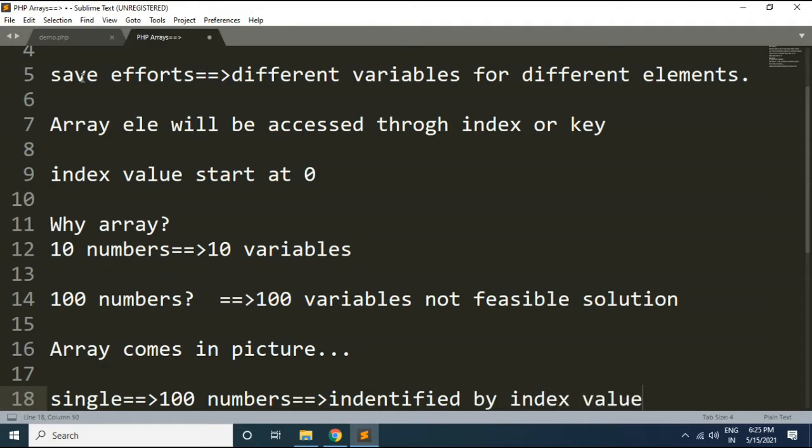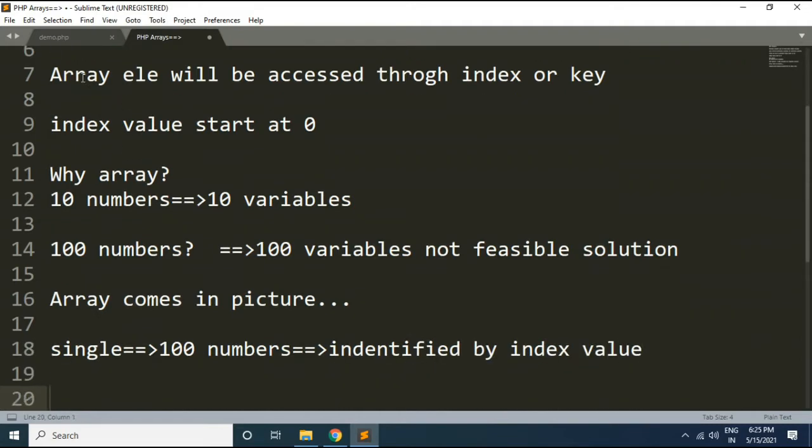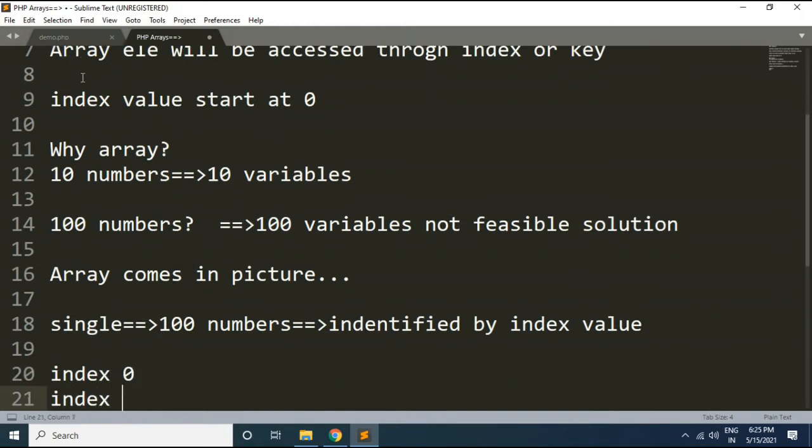The first number will be available at index 0, the second number at index 1, and so on. So an array helps us store every element within a single variable and also access them using an index, or you can say a key. That is the importance of array.